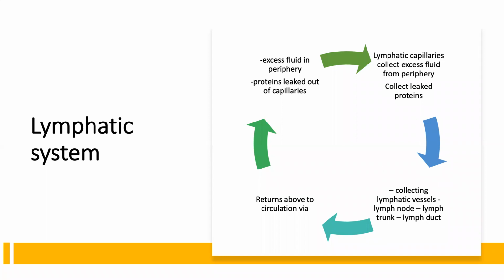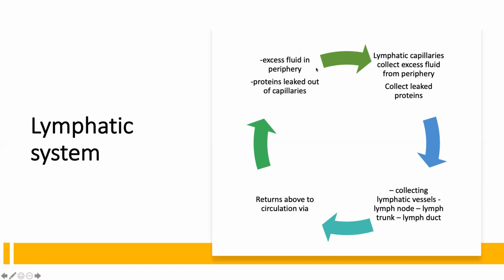At the end of our arterial capillaries and before the beginning of the small little veins, which we call venules, these capillaries become really thin so that there is transfer of nutrients from the blood to the cells. During the transfer, there will be excess fluid leaking into the periphery, and there might be large proteins leaking out